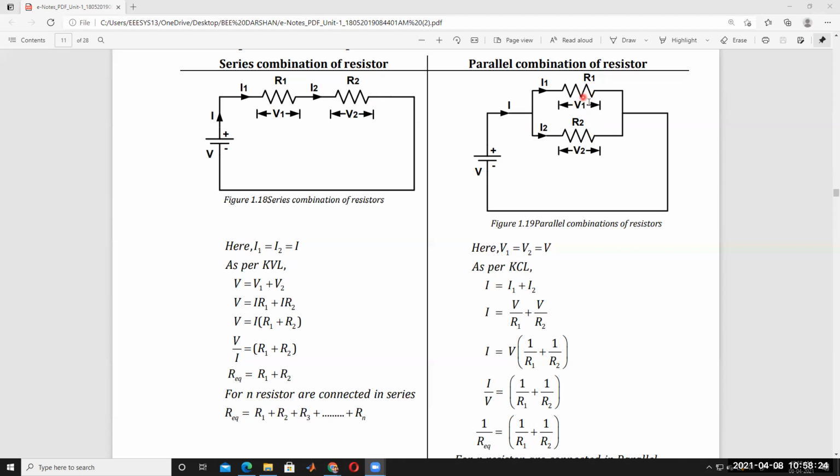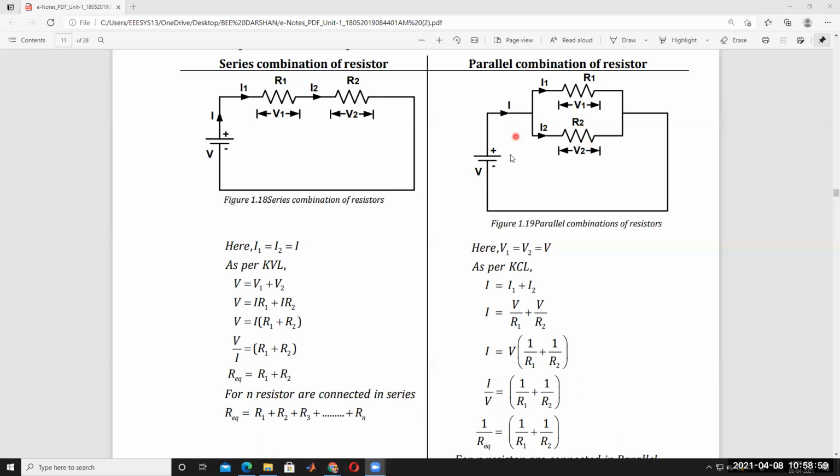These are two different types of loads. For example, this is one tubelight and this is another tubelight. These two tubelights are connected in parallel across the source. That means whatever the voltage here, the same voltage appears across this resistor, and across this tubelight also the same voltage appears. The voltage is the same across these two tubelights or two resistors. So R1 and R2, so V1 and V2.